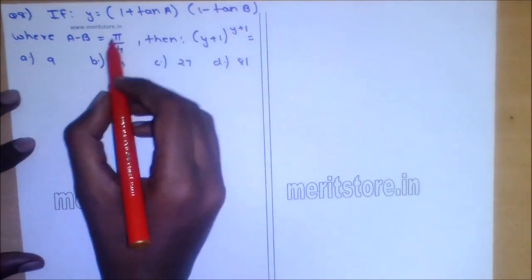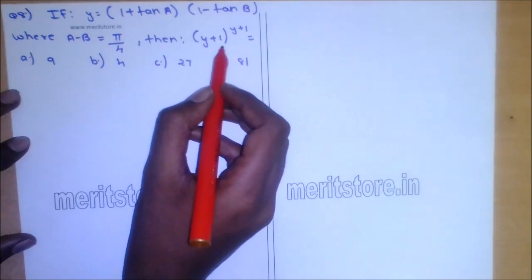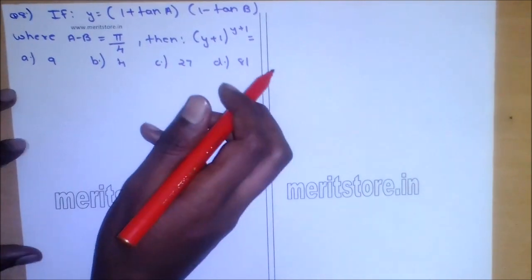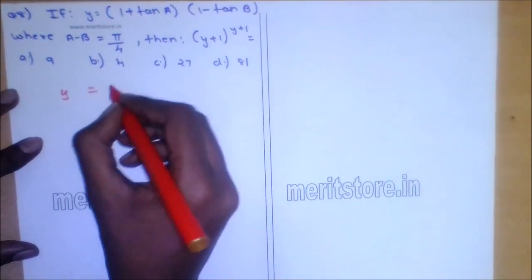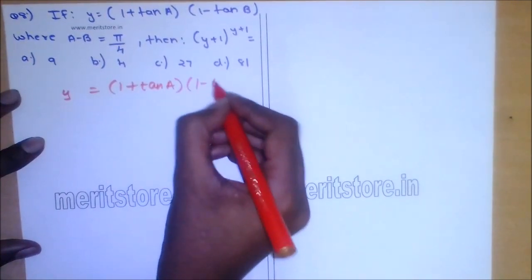In the question, it is given that y is equal to 1 plus tan A into 1 minus tan B and A minus B equals pi by 4. We have to find the value of y plus 1 raised to y plus 1. The options are 9, 4, 27 and 81. So first we simplify this equation. 1 plus tan A into 1 minus tan B,